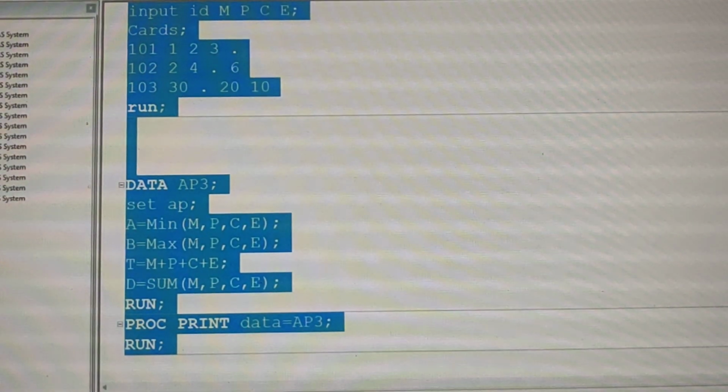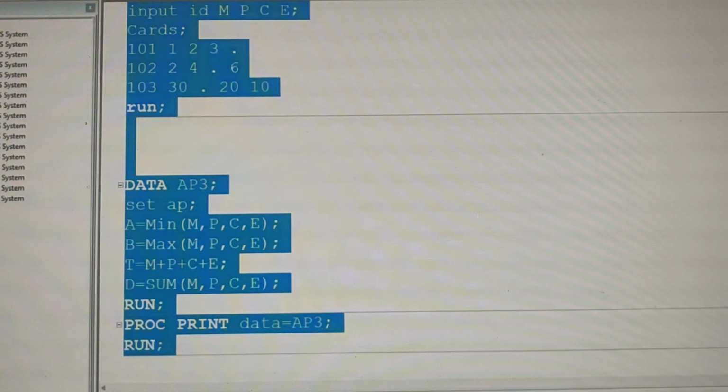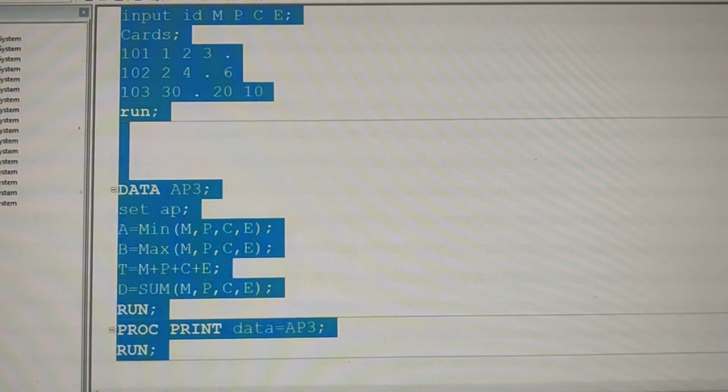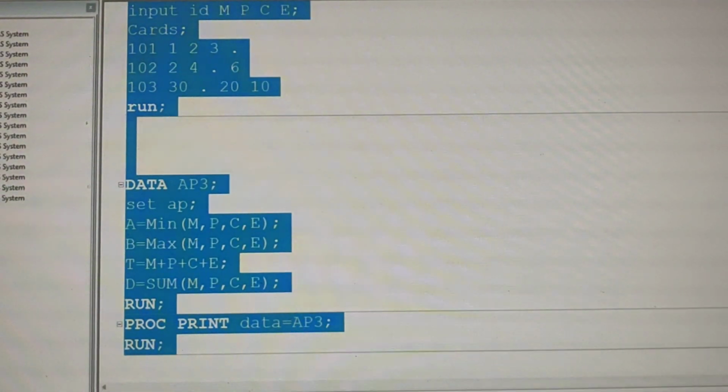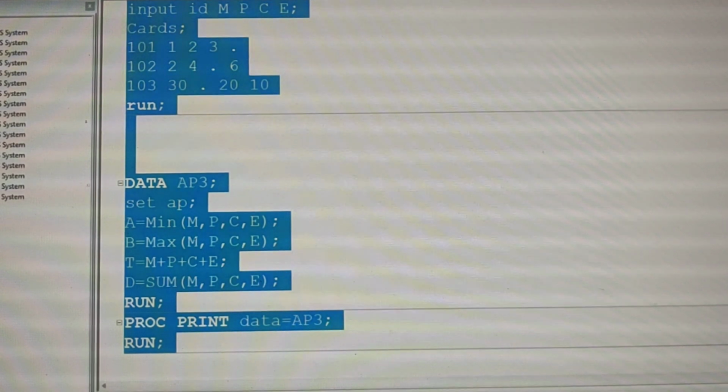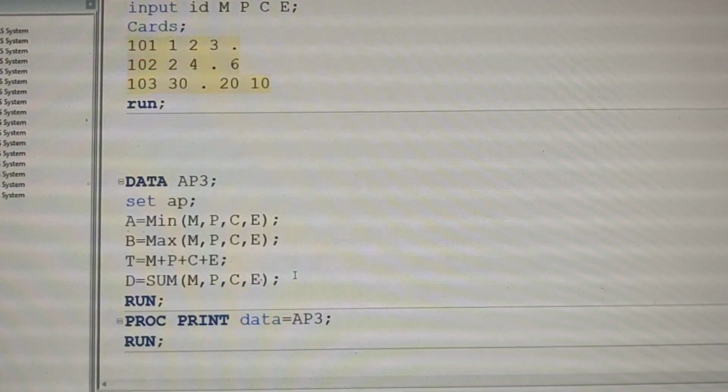Clear, sir. Okay, because this is an interview question. In my exam paper also I have given this question: what is the difference between the SUM option and the SUM function? So the next one is